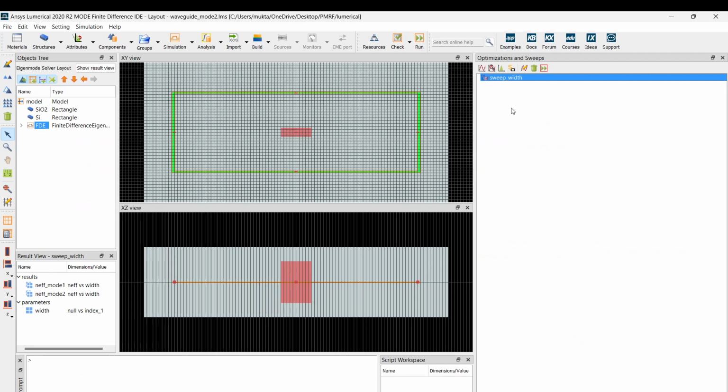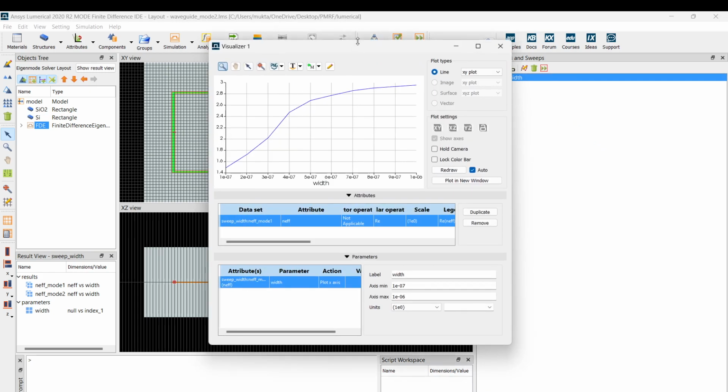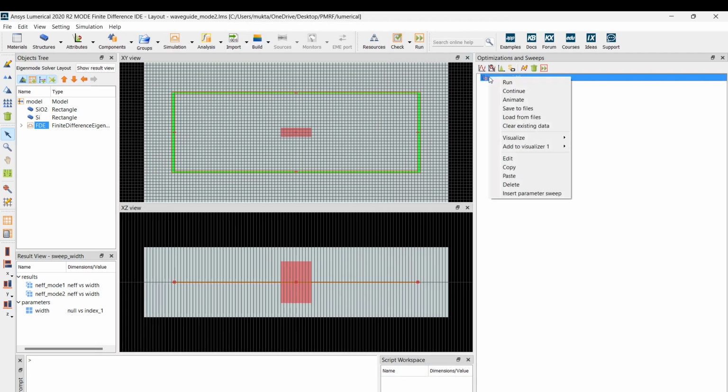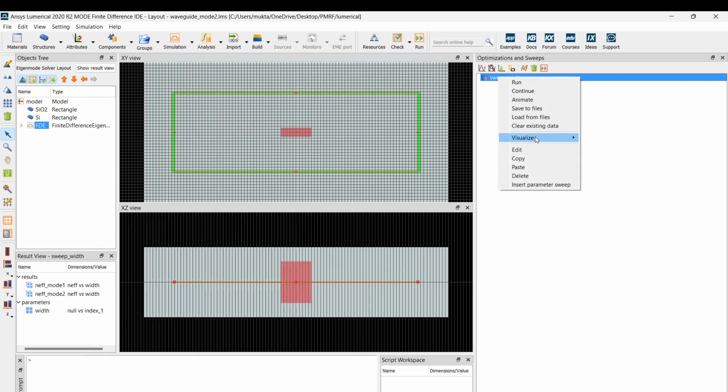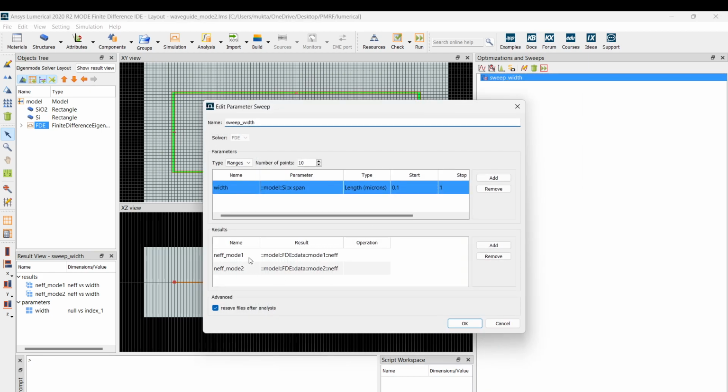So now, once we have done it, this is another way also. When we did this sweep, we can also visualize the results. I had given two results, an effective mode 1 and an effective mode 2. So we can sometimes do it like this also, but the problem with this is that which mode is mode one and which mode is mode two keeps changing all the time. So whenever there's a switching, I'll just show you once more.